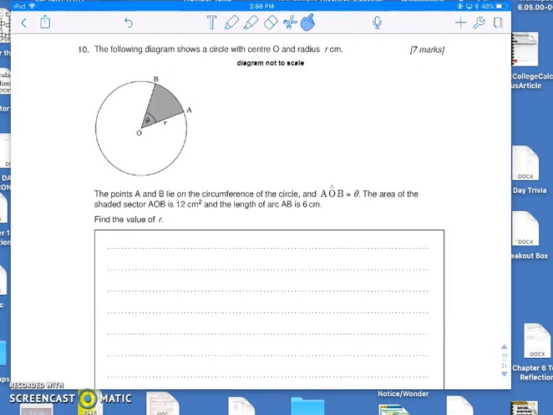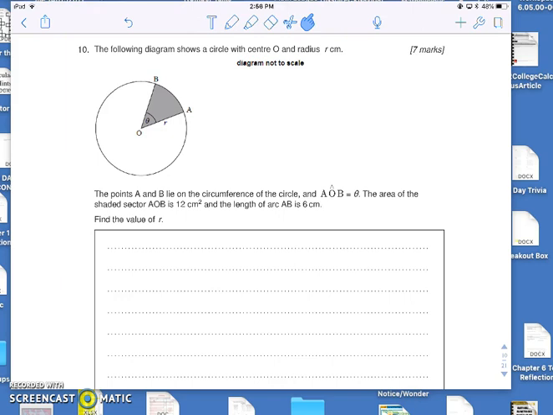The next one here, here's another tricky one, and we went over this one in most of your classes, but we'll take a look at it again, but I'll probably go quite quickly. So our goal here is to find r. So we know two things. We have sector area and arc length. So sector area,